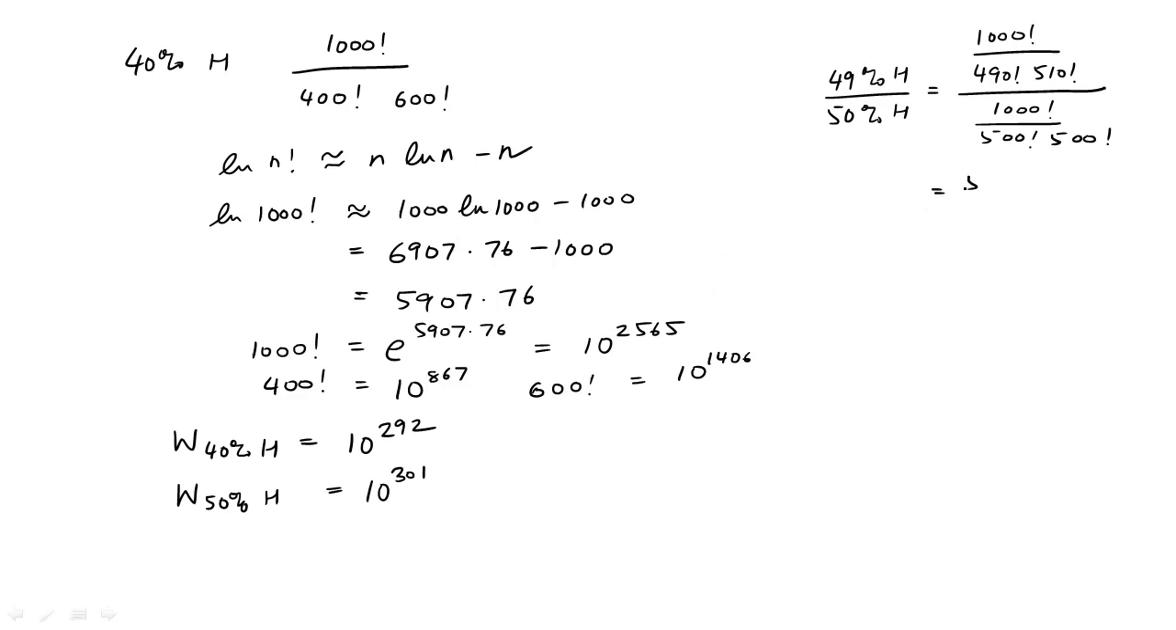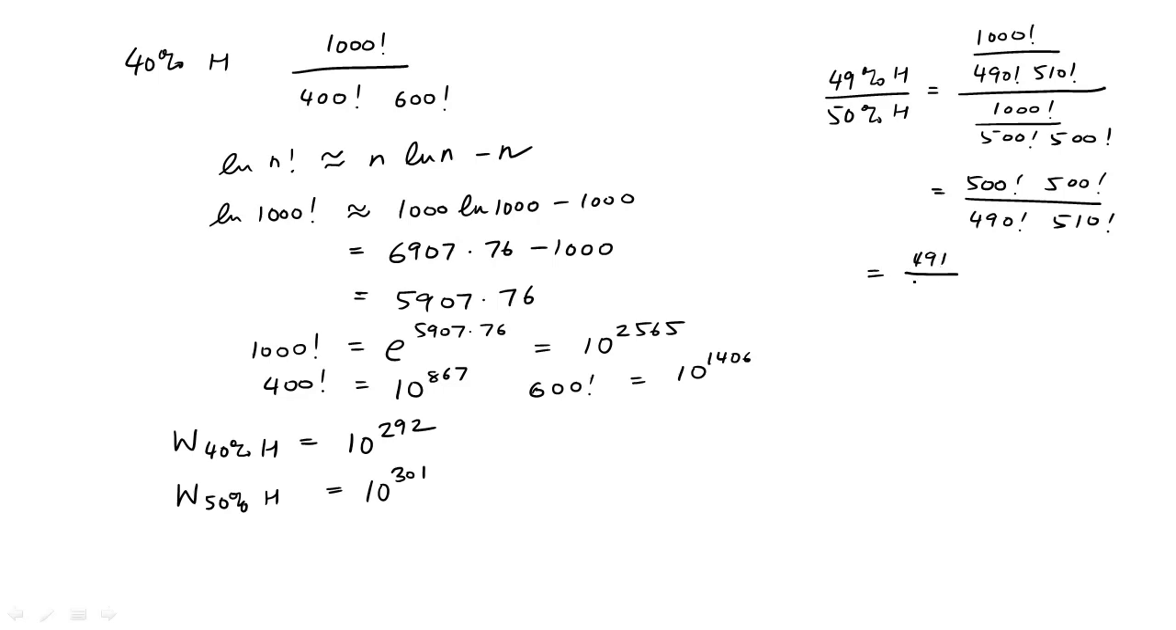This is equal to 500 factorial divided by 490 factorial times 510 factorial. Now all these factorial numbers are very large, and to calculate them individually and then divide can lead to large errors. So we can note that most of the terms in the product cancel out in the numerator and denominator, and the terms that actually remain are